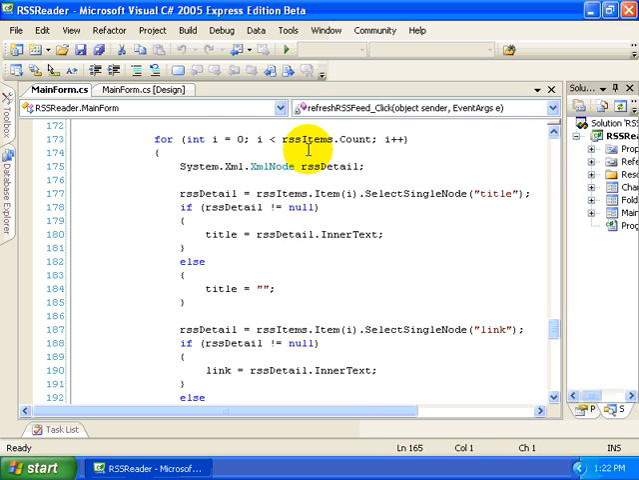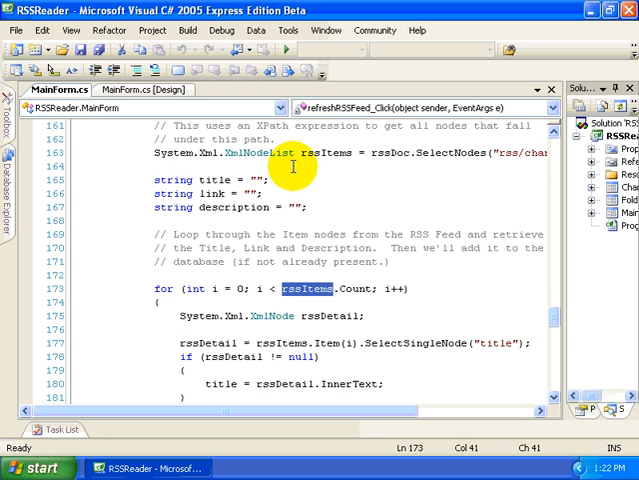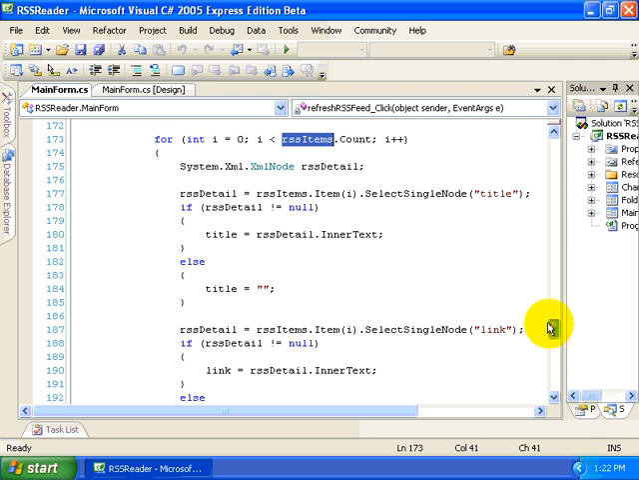Okay, so now we're going to loop through all of our RSS items. Do you remember what those are again? That's that list of XML nodes, all of the individual RSS items that we collected from our feed. We're going to loop through each one, and our intent here is to pull off the title, the link, and the description from each news item. So what we do is create in line 175 an XML node, which we're calling RSS detail. So this will give us the